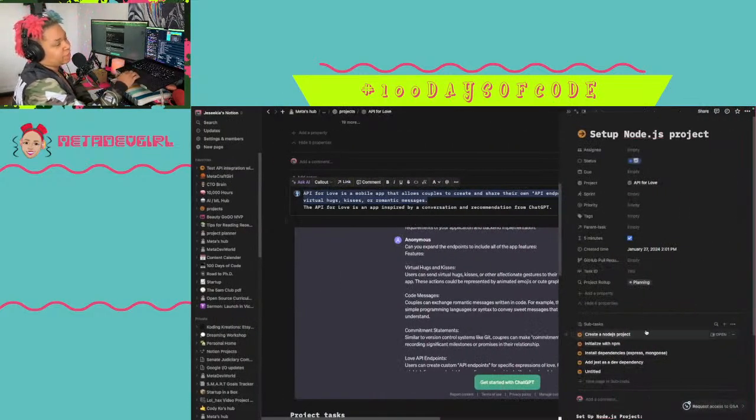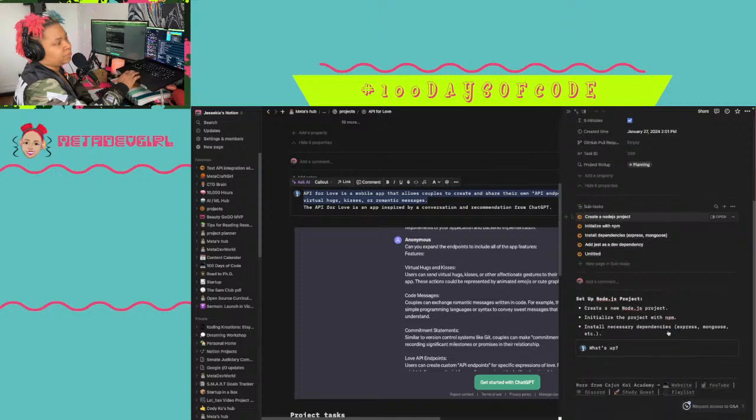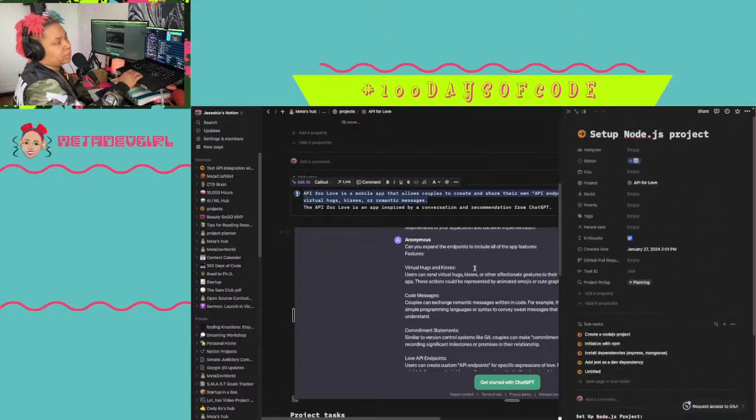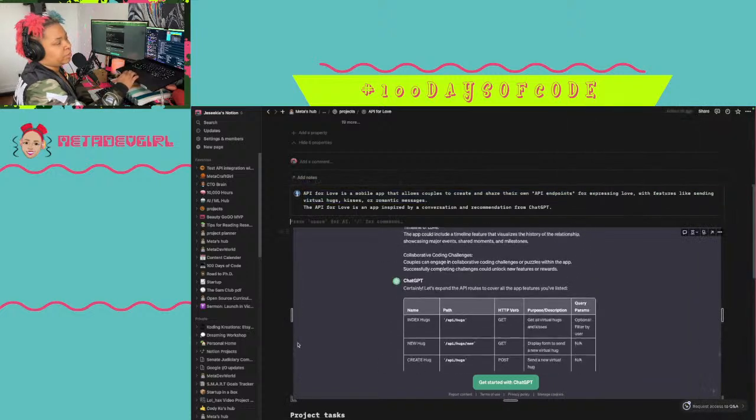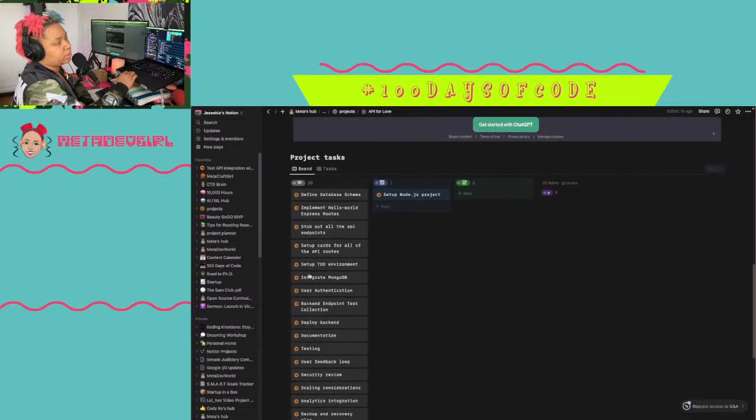So I said create a project, initialize it with npm, install the dependencies, install just as a dev dependency. So this is separate from implementing the hello world. I think this should go above the schema.